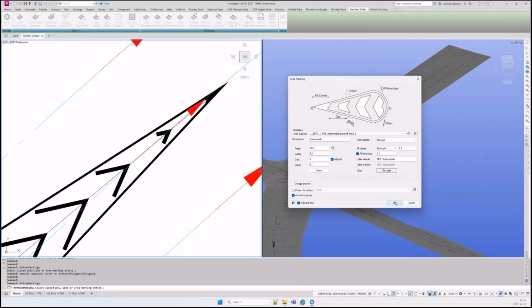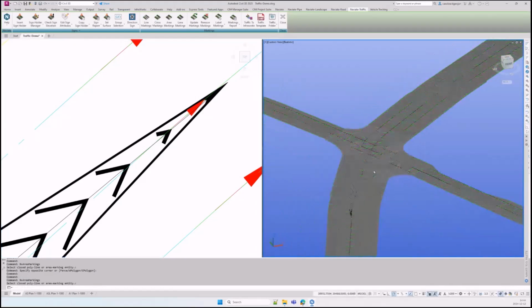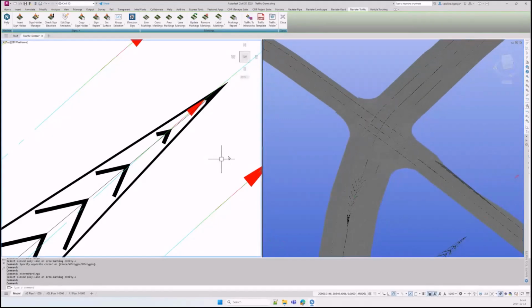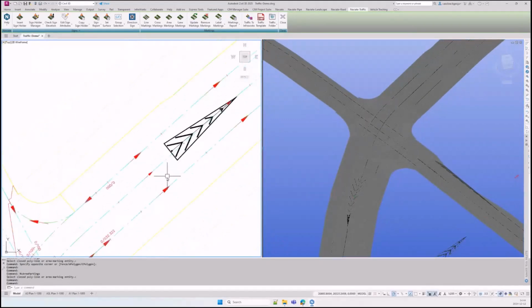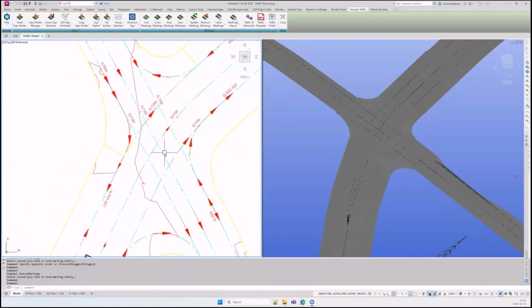So those were the news that we have when it comes to our area marking. I just wanted to answer another question that we got right now. If you have any questions about the markings or about the signs, feel free to get them in now, since we're almost at time. But I just wanted to answer a question that we usually get that we perhaps don't show enough. When you do line markings,